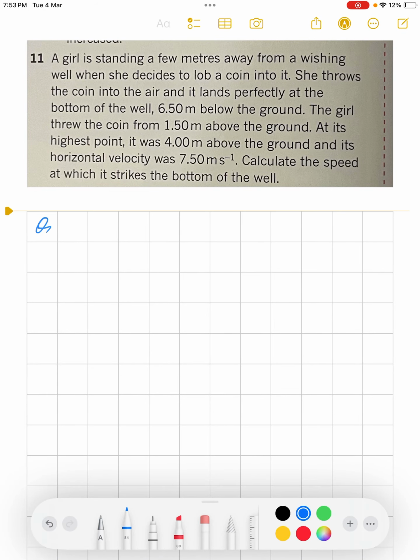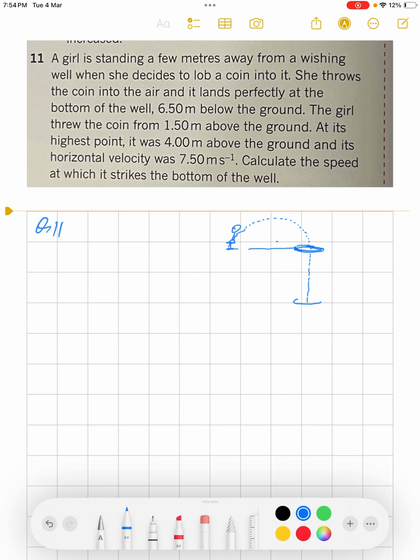I'm going to look at question 11, and it says a girl is standing a few meters away from a wishing well. So let's put a girl here. She's standing a few meters away from a wishing well, and she throws a coin into the air, and it lands perfectly at the bottom of the well, wherever the bottom of the well is, and